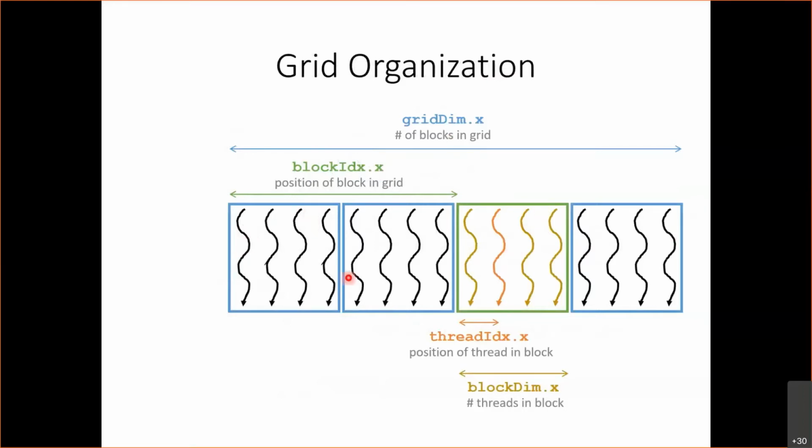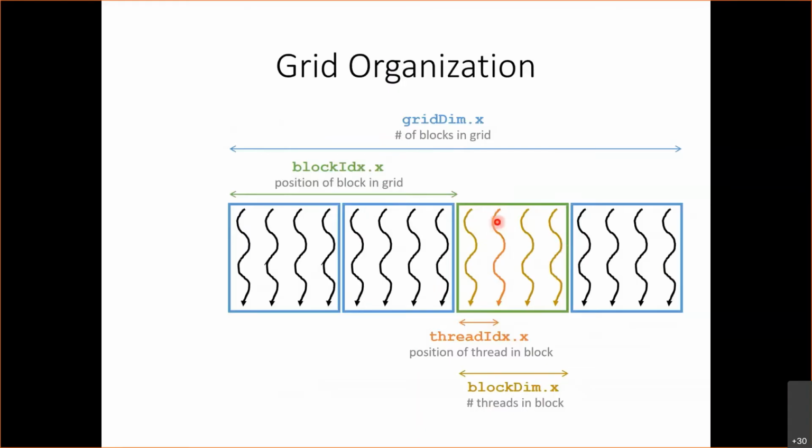For different threads in a grid to distinguish themselves from each other, they have access to keywords that are available in CUDA: particularly the grid dimension, which tells us the number of blocks in the grid; the block index, which tells us the index of the block with respect to other blocks in the grid; the block dimension, which tells us the number of threads in a block; and finally the thread index, which tells us the index of the thread with respect to other threads in the same block. And we said that if we wanted to find the global index of the thread, in other words